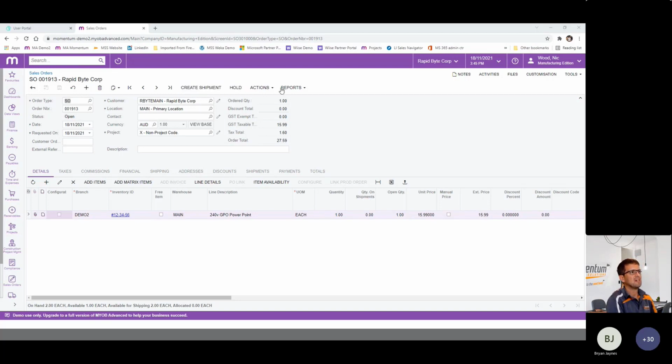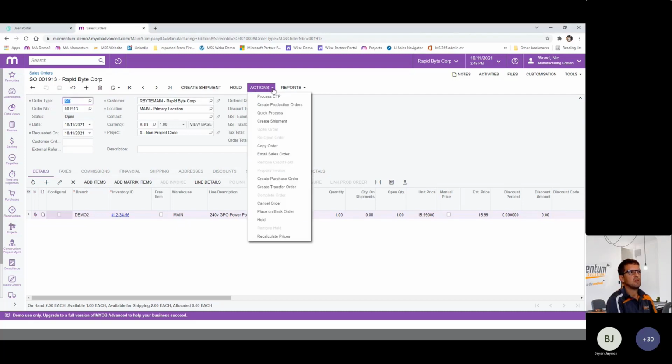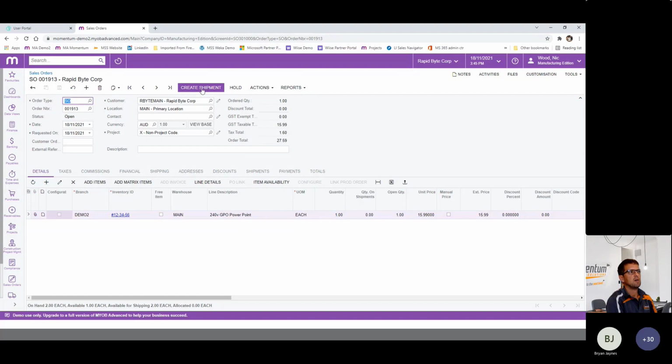Another change is to the actions that you progress a sales order through. The actions have always been here under the menu, but what you find now is often the next logical step in this transaction will show as an action directly on the header, which gives you a guided process to go through, which makes it slightly faster.